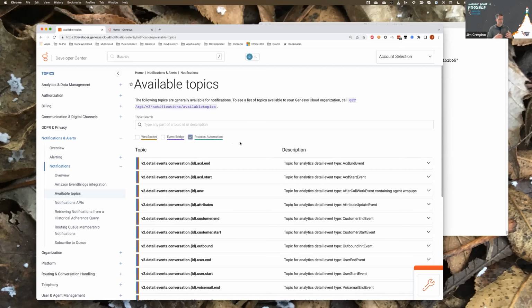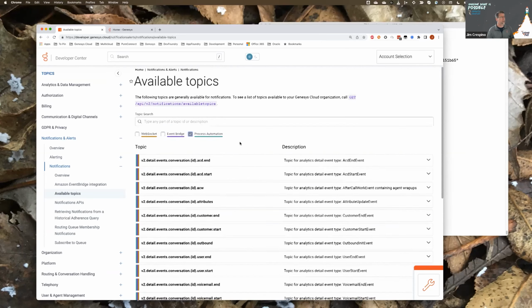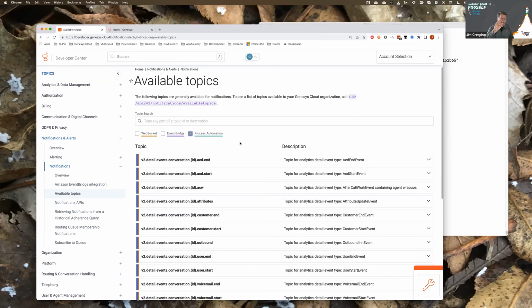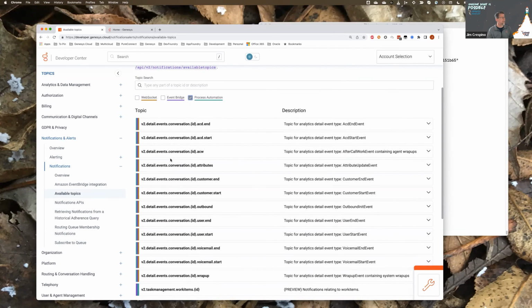automation API. It's also called triggers. You might hear it called triggers from time to time, but triggers and process automation are the ability for Genesys Cloud for you to go in and define, if this happens, if you see this event, then perform this action. And if you check process automation, you'll see the events that are available.